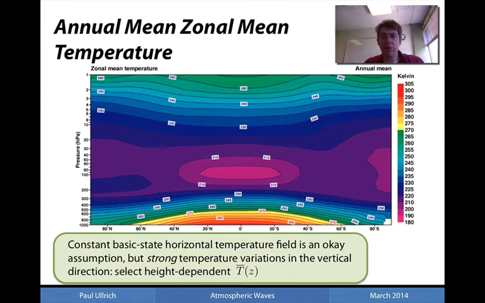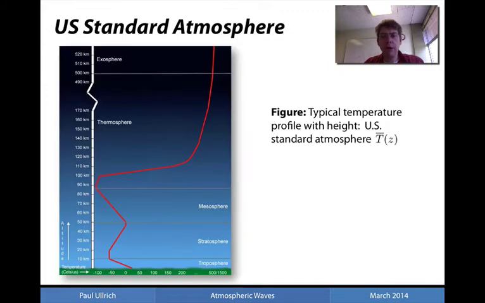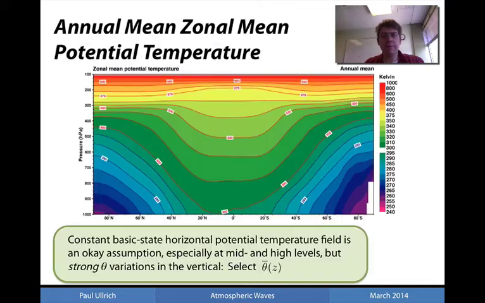Note that if one was to do perturbations on a planetary scale, this assumption may fall apart. However, for smaller scale analysis, such as purely looking at the mid-latitudes over one season, this is a fairly accurate approximation. If one was to look at the temperature profile in the vertical, you can clearly see the very strong variations associated with this temperature profile, and hence the reason for choosing a temperature profile that is a function of the vertical coordinate. If we now look at potential temperature